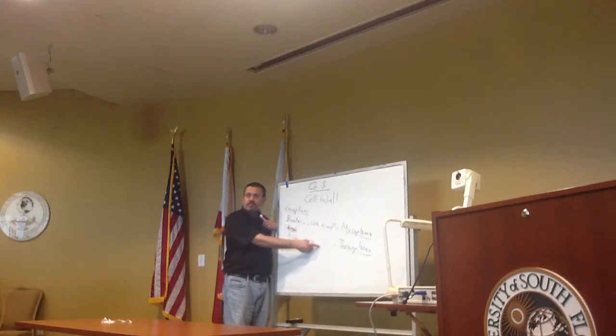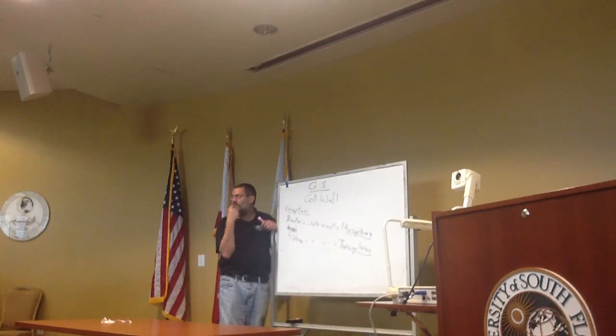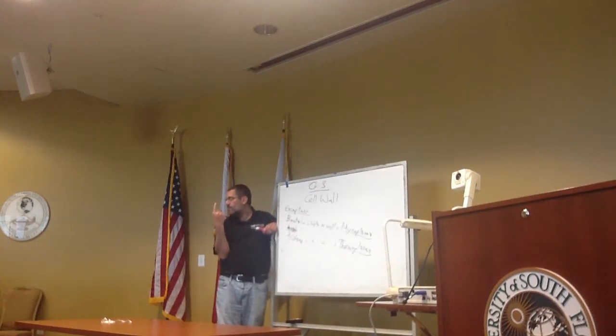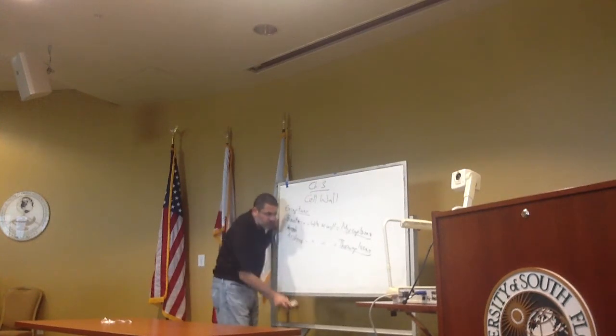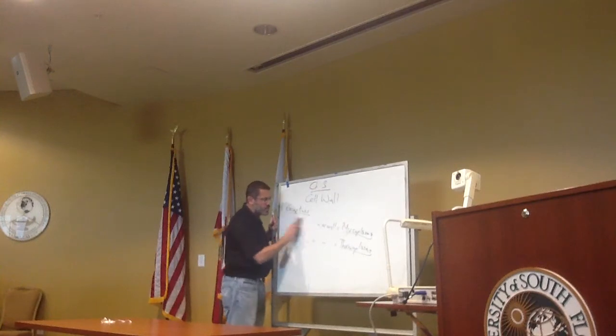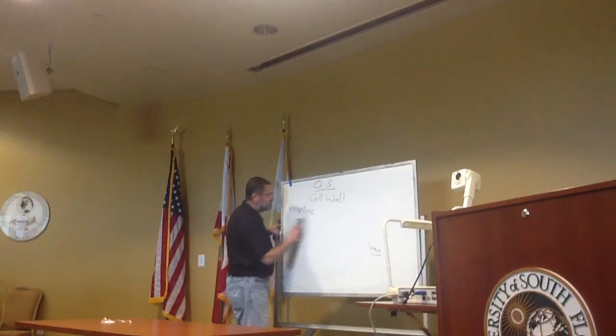How does Thermoplasma protect itself? By having a single-layered membrane, which is what? The tetraether. We'll talk about that. But do know that there are exceptions to the cell wall. Okay, those that do have a cell wall,